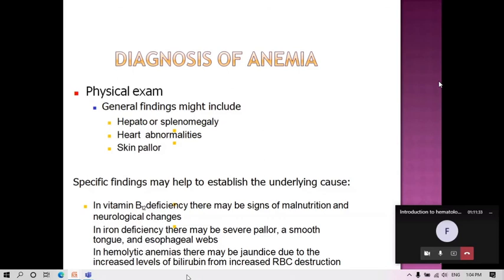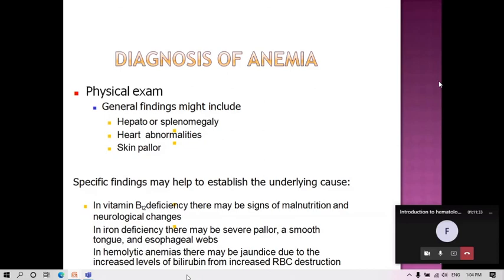So the take-home message is, after initial history and examination, you will order some baseline investigations such as complete blood count, peripheral smear examination with retic count. If on the basis of these investigations you find the patient is anemic, then proceed to find out the type of anemia, whether it is normocytic, microcytic hypochromic or macrocytic, which you will come to know about from the peripheral smear report. If the patient is microcytic hypochromic with low retic count, low RBC count and low red cell indices, which are indicating iron deficiency anemia,